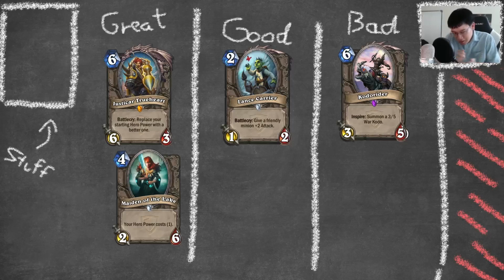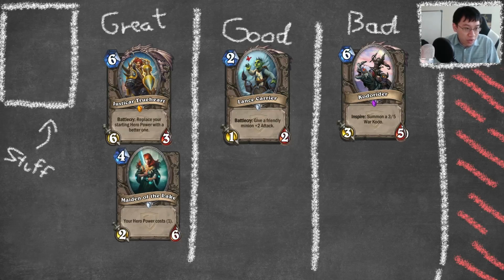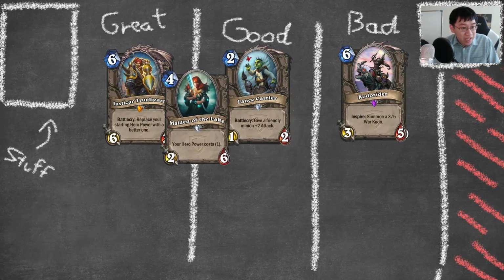So Maiden of the Lake is less good in that respect, but it's still kind of valid because on 4 mana you have a 2/6. That's not great, but the hero ability is really useful. And if you play it on 5, if you are something like a 1/1 with it in Paladin, it's 5 mana 3/7, and that's acceptable. It's somewhere in the great or good category, and